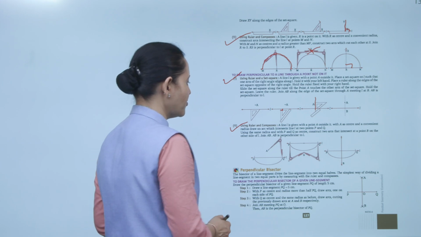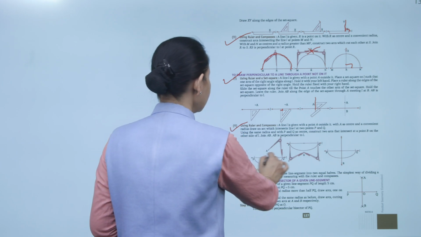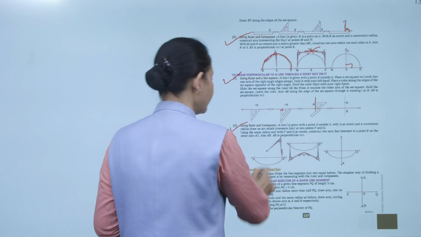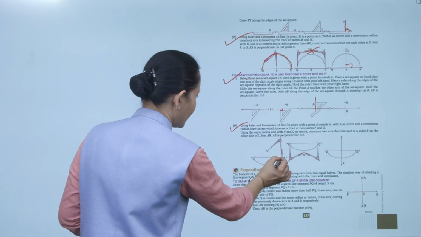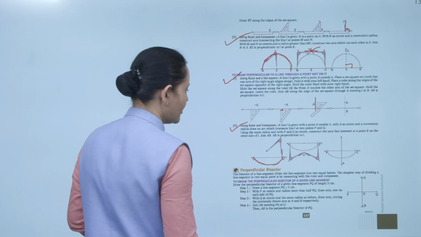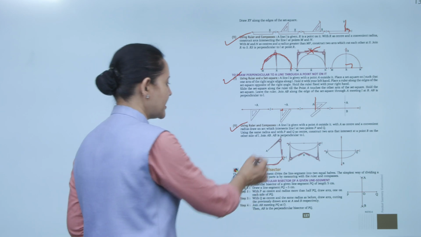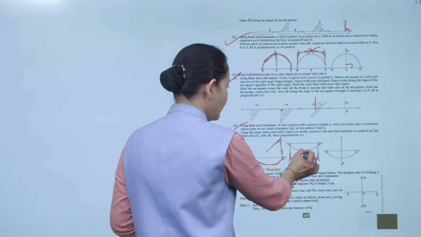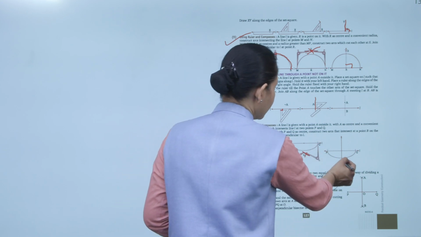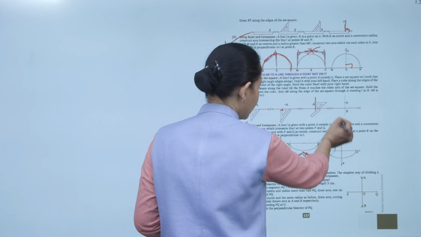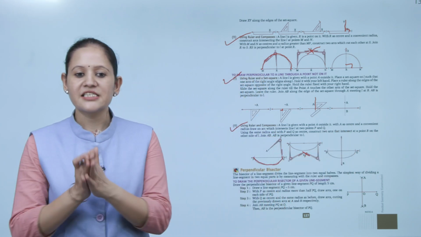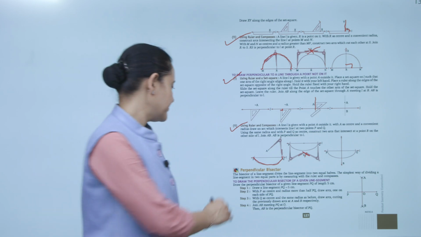So this is a line segment. First what we'll do, line segment है, there is a point A outside it. ठीक है, first we'll take A as a center and make an arc that will intersect at 2 points P and Q. Now P as a center, same radius का, make one arc, then Q as a center, another arc, और इस point को हम join कर लेंगे, that is point B, and join it, that is the perpendicular. Clear? Next is perpendicular bisector.